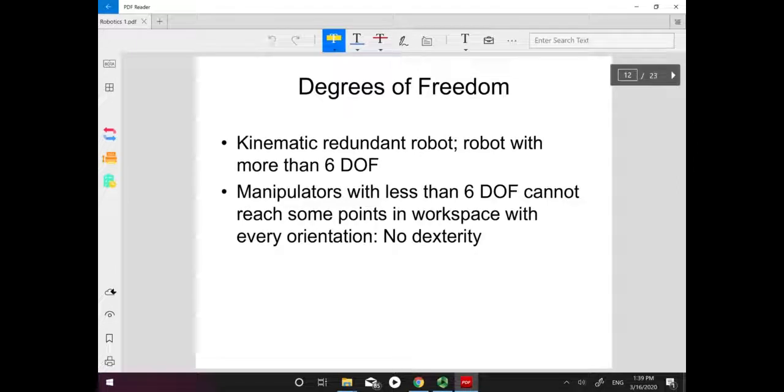Degrees of freedom. This concept seems common. If we talk about a rigid body, how many degrees of freedom do we have? We have 6, right? We have X, Y, and Z, and we also have the 3 angles, the rotation around the 3